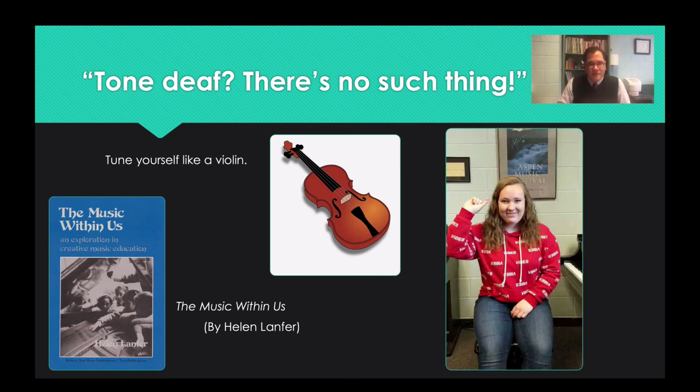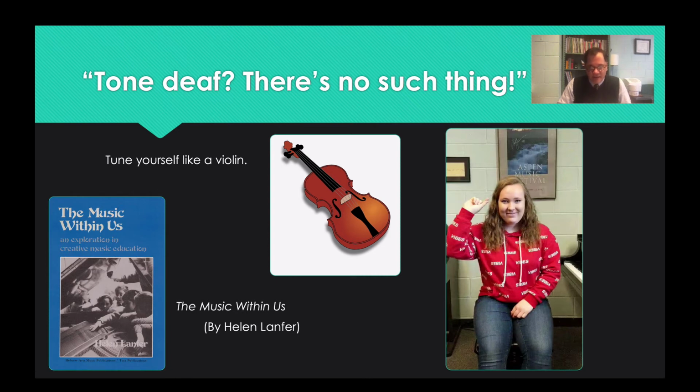Now we have this quote here, "Tone deaf, there's no such thing." And this comes from Helen Lanford's book called The Music Within Us. And if you don't know this book, you really should, because it's absolutely fantastic. It's full of multisensory exercises you should try with your students. "Tune yourself like a violin"